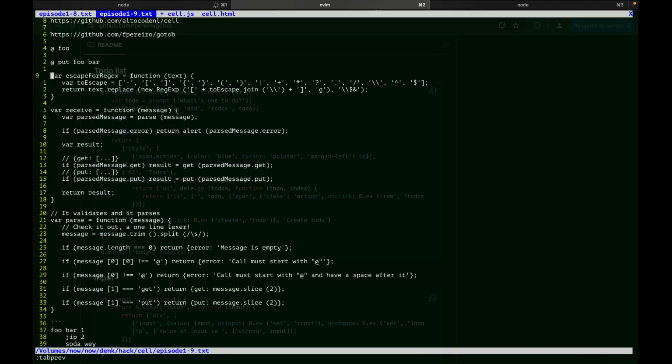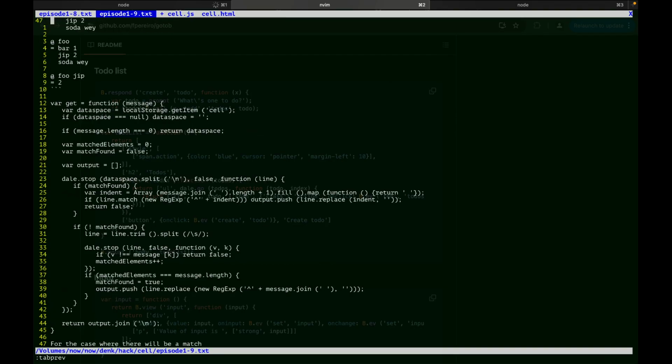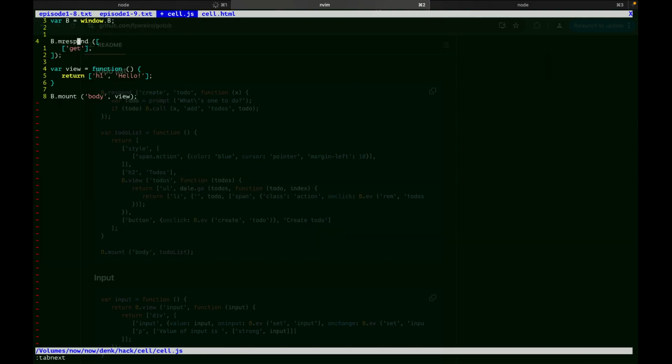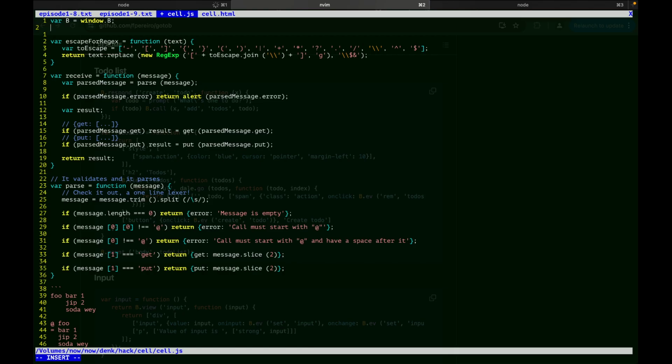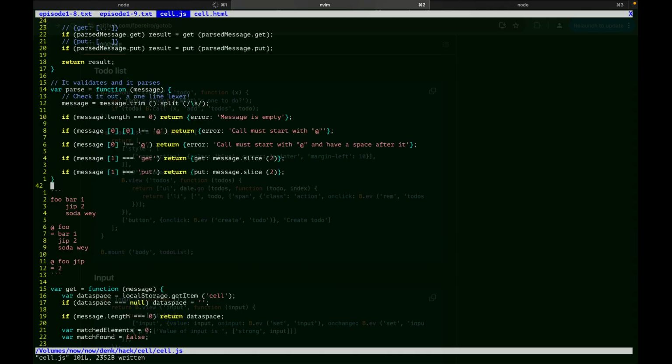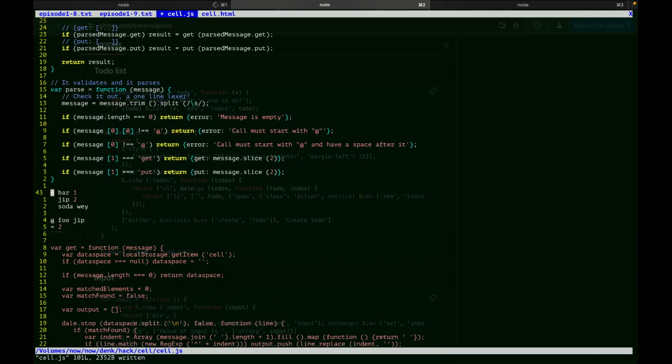I think we can just copy stuff and have some sort of working setup. What do I call it? Everything cell. So what is it? Main functions. So receive, get,